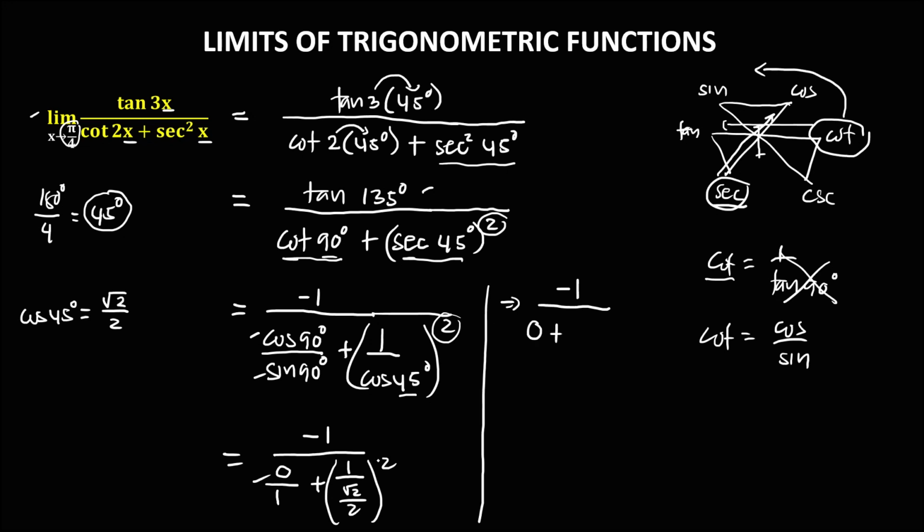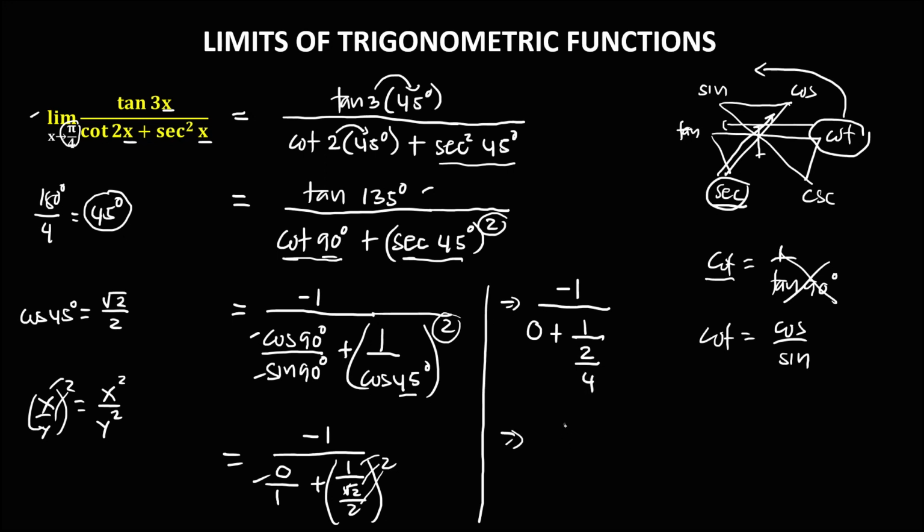So distribute this exponent. Since x over y to the power 2 is equal to x squared over y squared, for this 1 over square root of 2 over 2, we distribute the exponent. So we have 1 squared, that's 1, over the square root of 2 to the power 2, so cancel the radical, that's equal to 2, and 2 over 2 is 4.